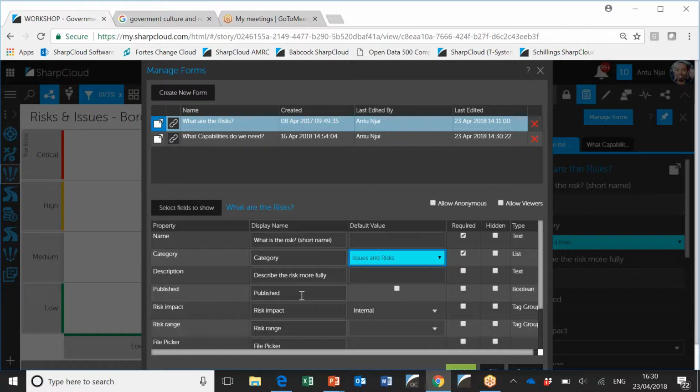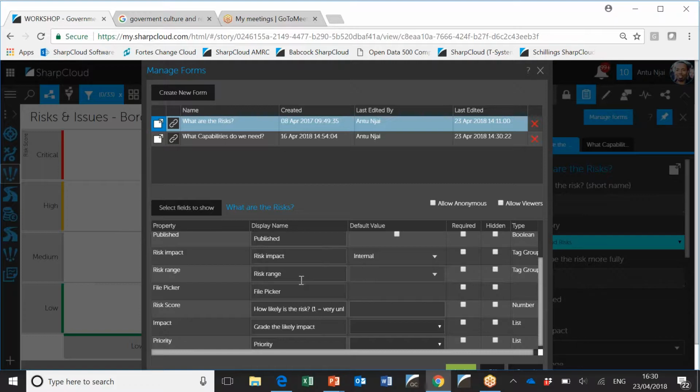And then we get a flag called published. And this is where, if we leave that unpublished, people's ideas won't go onto the screen automatically. They won't be shown on the view. But if we leave that field visible, we don't make it hidden, then users can choose to flag the field themselves and say, no, I'm actually publishing this. So you might tell people, depending on how formed the idea is, if you think it's well thought out, you really think it's something we should discuss right now, then publish it. If not, if you want it just going into a triage area, then leave it as unpublished.